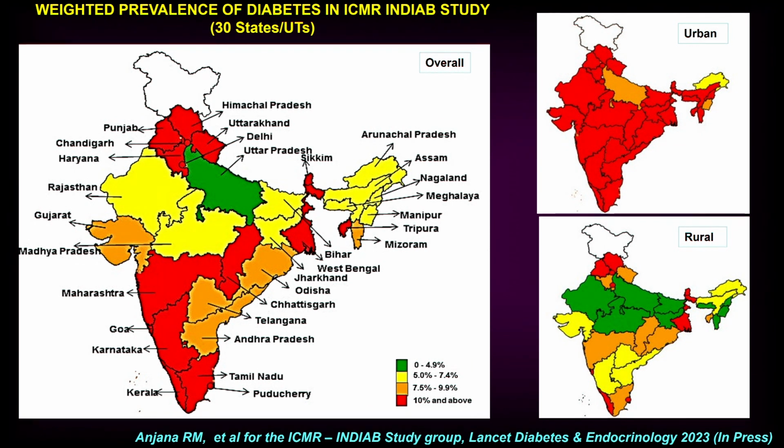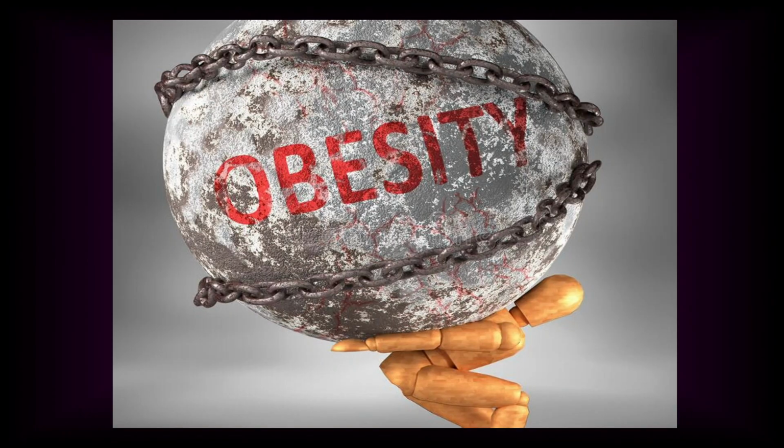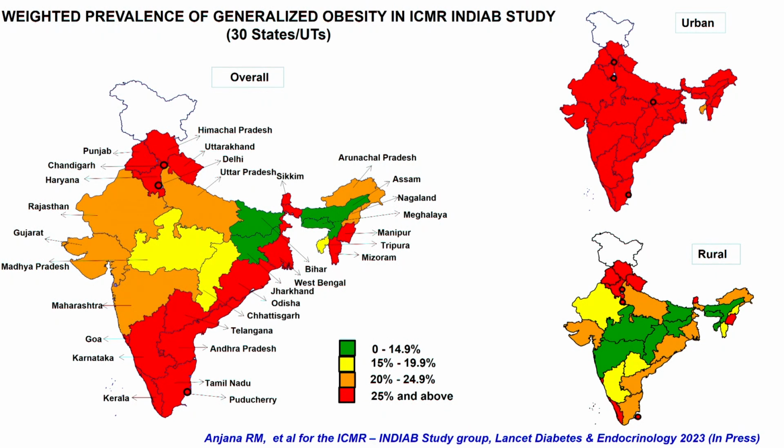These are the diabetes prevalence state-wise in our country. You have urban areas and rural areas. Look, it's color-coded. Red is 10% and above. Green is below 5%. So you can see India overall, how it is. South and all is very red. North is very red. In between, we have some yellows and greens. But look at obesity. Whole of urban India is red. Here we're talking about 25% prevalence being red and 15% prevalence being green. So you can see the numbers are absolutely different.